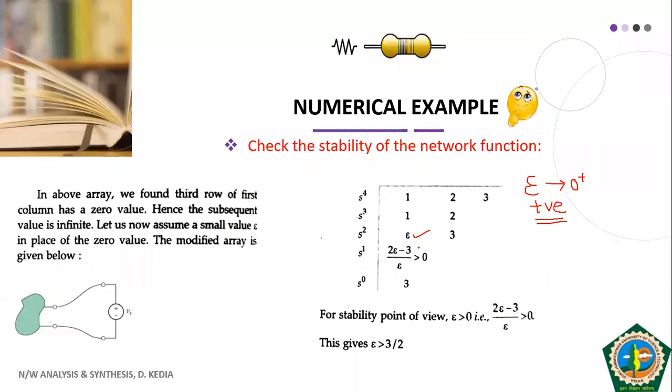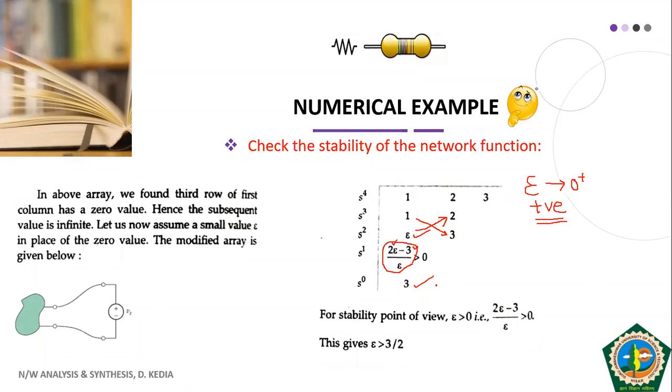If we have done that, then we will not get infinity. So what we will get, we multiply epsilon with 2, that is 2 epsilon. We multiply 1 with 3, we get minus 3, divided by epsilon. So what do we get? We get twice epsilon minus 3 by epsilon. And then we are also able to get the last row that can be easily obtained. So (2 epsilon minus 3 by epsilon) into 3 divided by this, it is nothing but 3 only.